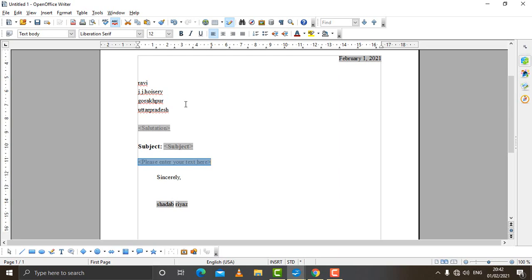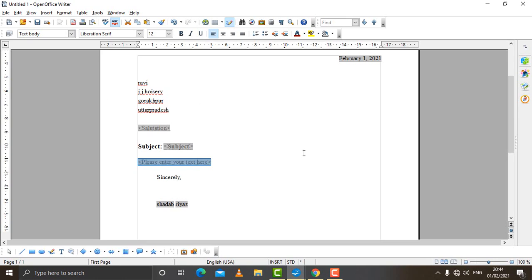You can do one more thing. Suppose you have a document and you want to convert that document into a template, or you want to create your own template, that also can be done, and that is done very easily. In order to create a template, what we can do is either open a document which is already saved, or you can create a new document and save it as a template.